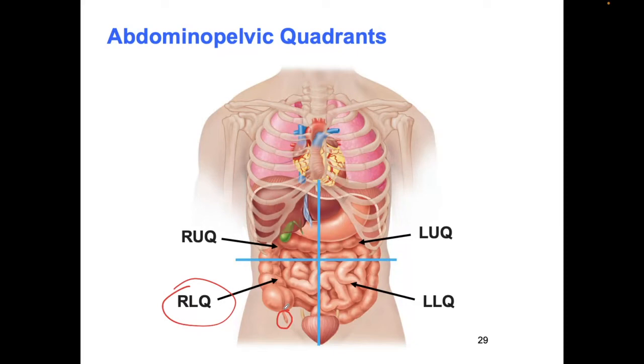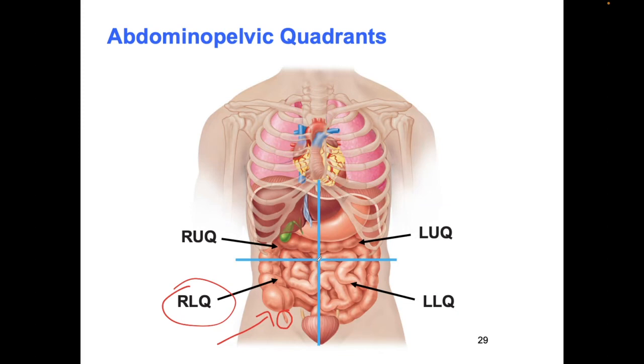That's the appendix or the vermiform appendix. So upon palpation, there was extreme tenderness in the right lower quadrant. So that means upon touching that area, especially with McBurney's point,